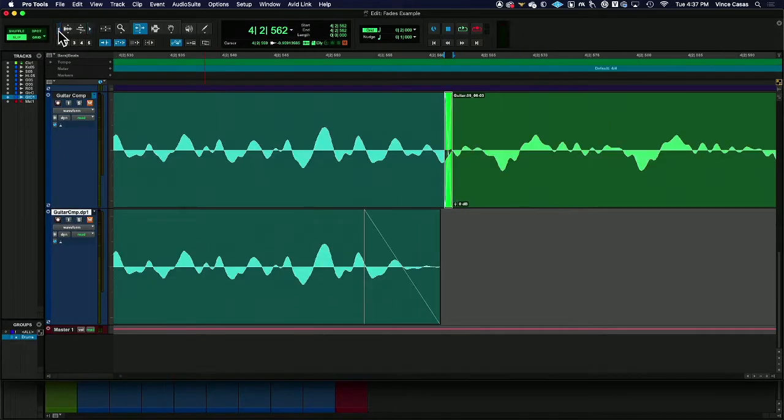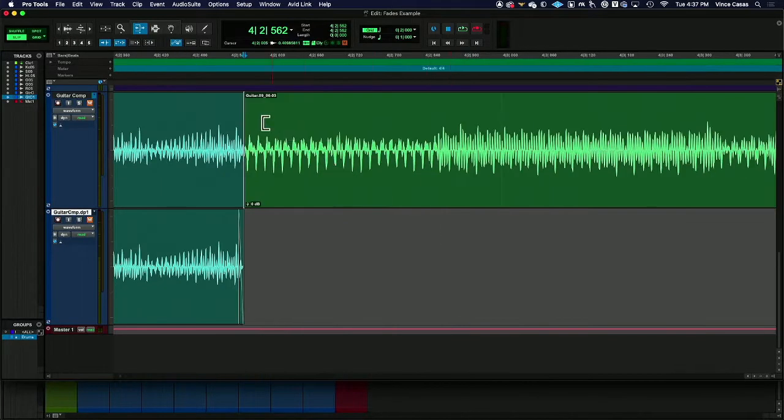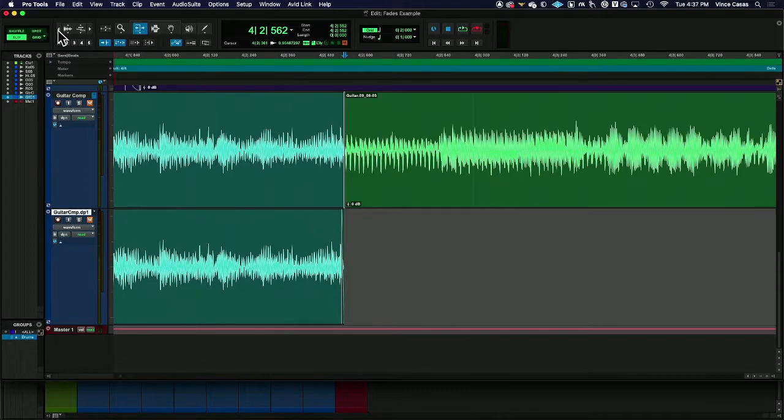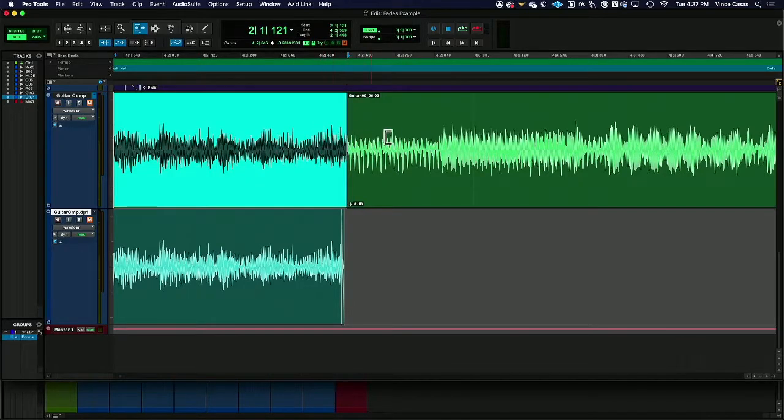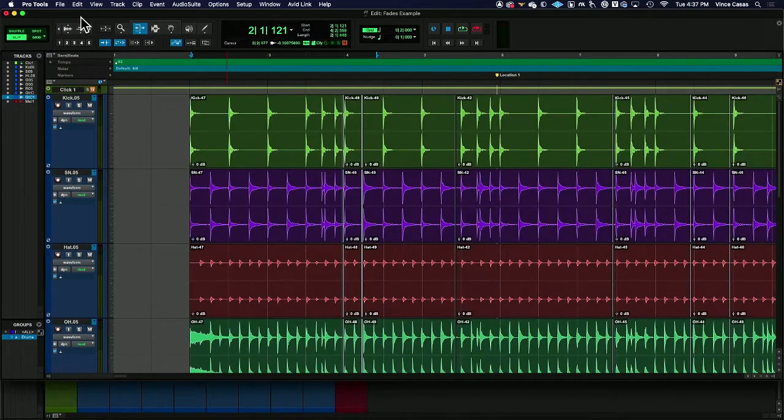An easy one like that I always see: dialogue specifically doesn't need a long crossfade. Most of the time in dialogue, you're trying to crossfade the gap and not the actual word, because if you crossfade words, you're going to get a jumbly, weird mess in the crossfade. But if you're doing elongated sounds like this, they're nice and natural and pretty smooth. Same thing with drums. It's like if we were trying to crossfade,